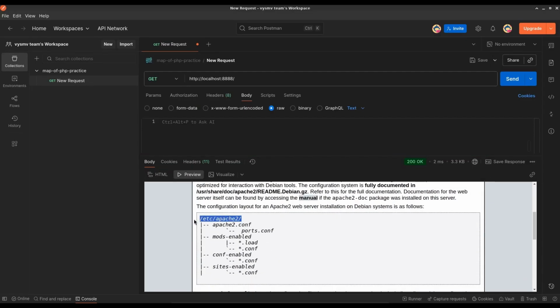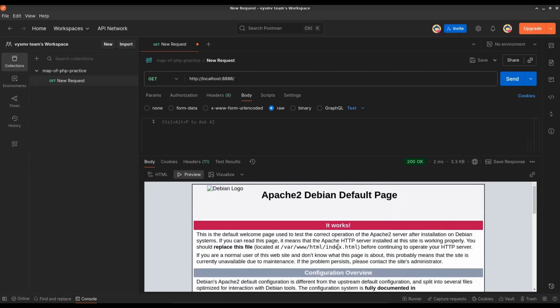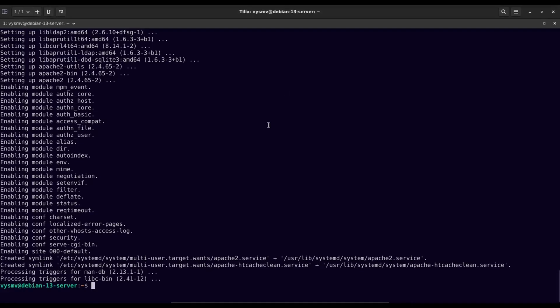Here we see that the configuration files are located in the /etc/apache2 directory, and the HTML page itself is located at /var/www/html. If we go to this directory and create a PHP script in it,